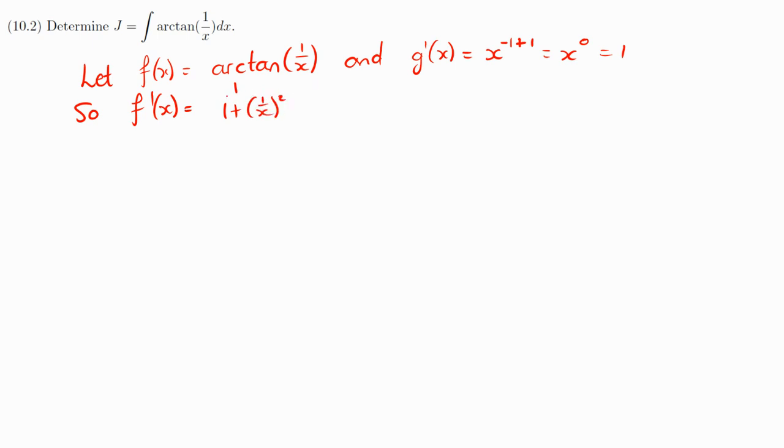And also remember to differentiate the inside function, because we just differentiated. So you also have to differentiate the inside function, which will give us negative x to the power minus 2. Okay. And then if we integrate g dash to get g of x, we get x. So J is then equal to arctan 1 over x times x minus the integral